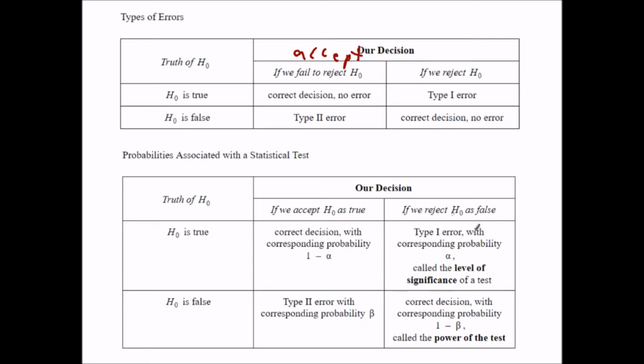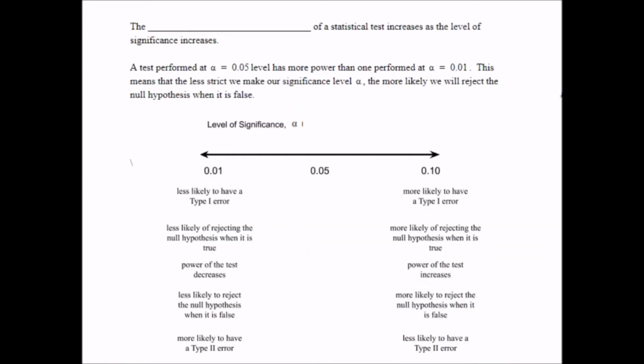Down here you can see where the probabilities come in. Right here is our alpha, or our level of significance. Alpha is the probability of causing a type 1 error. Right here is the probability of not causing a type 2 error, and that's called the power. We are going to mainly look at the level of significance, but it does say the power